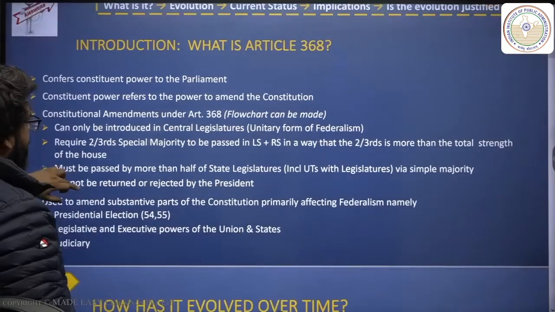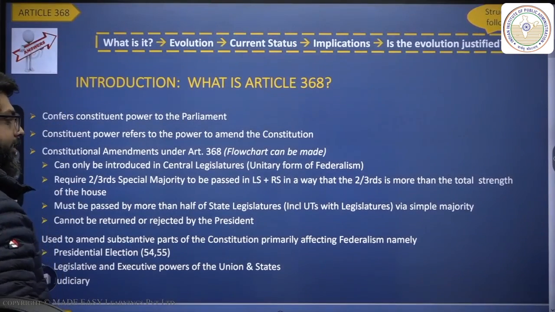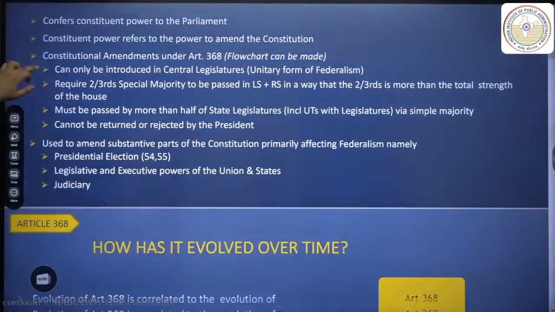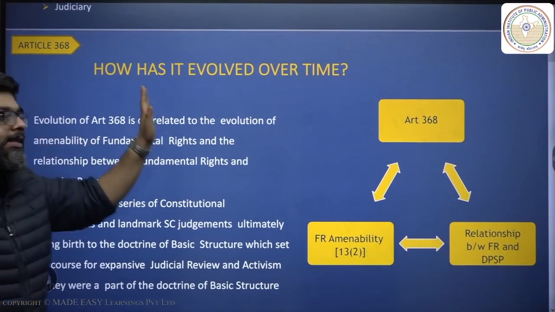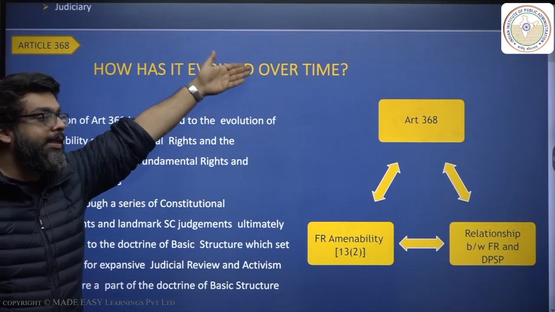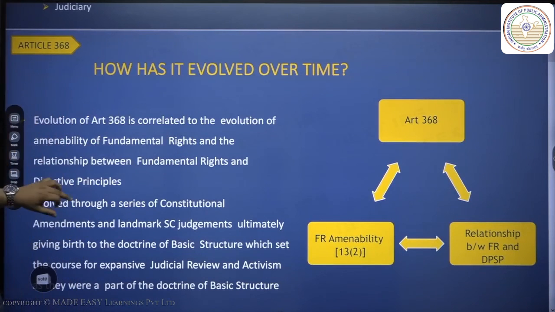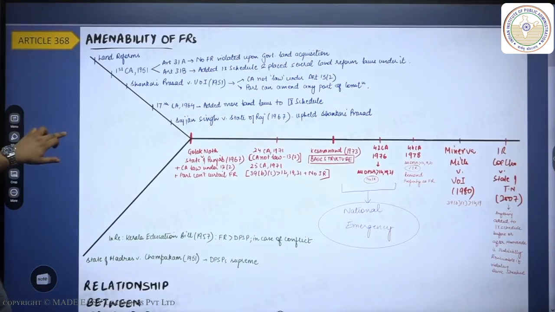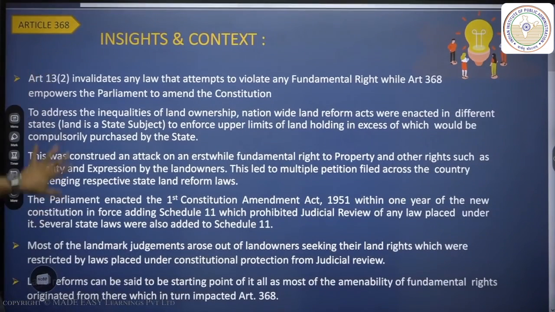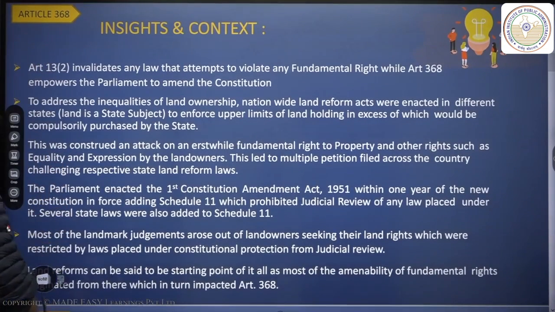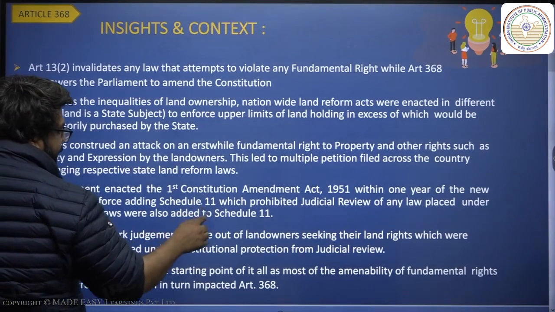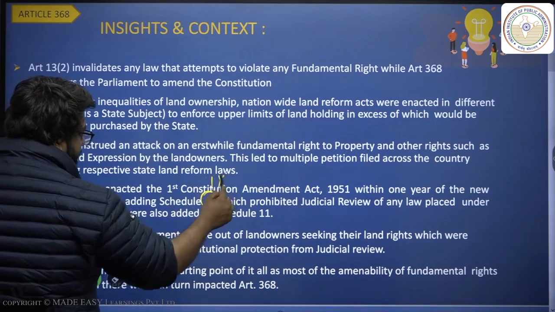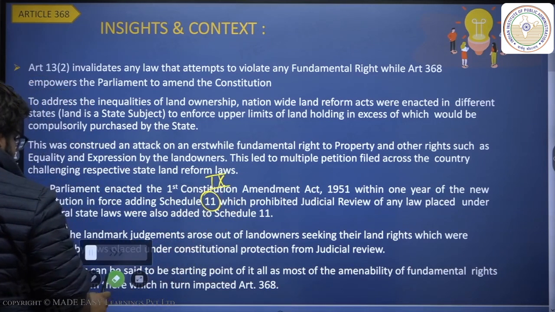So, what is Article 368? How has it evolved over time? And whether fundamental rights can be changed or not is what has led to basic structure, and who can change them to what extent. This is your overall timeline. Your basic prologue, which I was talking about, there's a small error here. I will change it soon enough. This is with respect to Schedule 11. This should be Schedule 9, so you can change it in your respective documents.